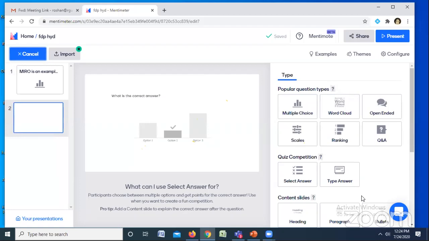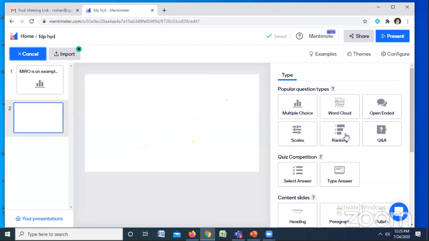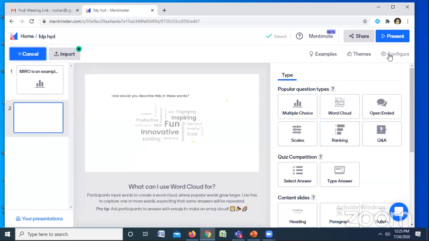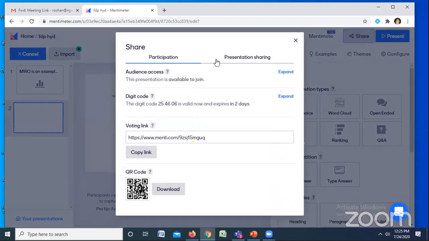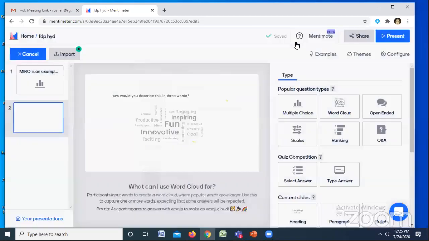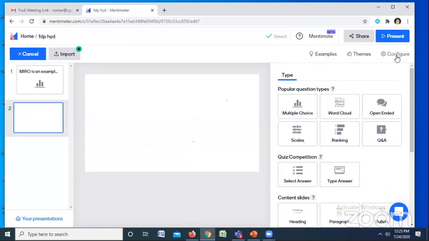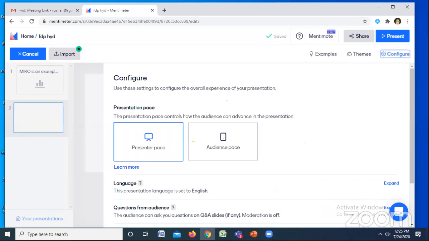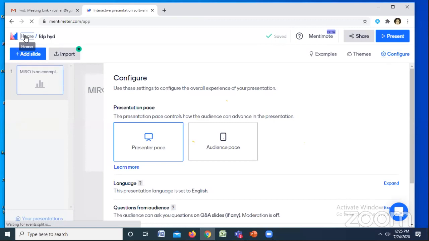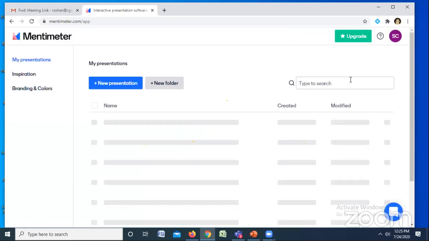The only drawback is that you can put only 10 questions for free. In the free version only 2,000 candidates can play at once, and all these results would be available here itself. He'll also send you a mail regarding the results of your test. So this is Mentimeter. As I said, similarly we have Kahoot, Nearpod. There are other quizzing tools.